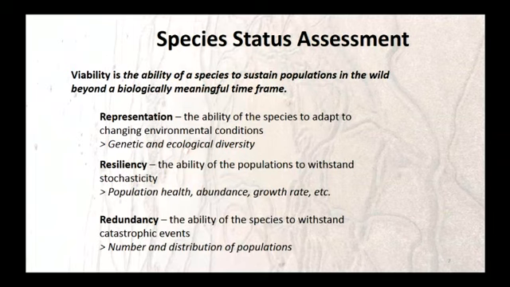The first way of assessing the viability is through this thing called representation. So will the species have the ability to adapt to changing environmental conditions currently and in the future? And so really what you're trying to do there is preserve things like genetic diversity. Do an assessment and see if there's genetic variation across the range, or there's some pockets of seemingly unique genetics in one part of the range versus another.